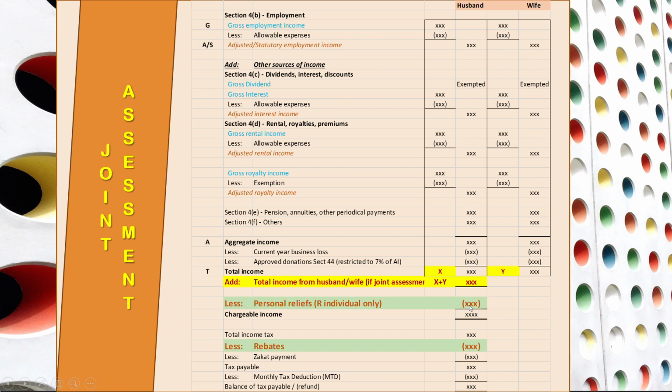Here you only have one chargeable income, and based on that chargeable income, you compute your total income tax. Later you can further reduce your total income tax based on certain rebates given to you. For a Muslim taxpayer, you can further reduce it based on the zakat payment that you have made,